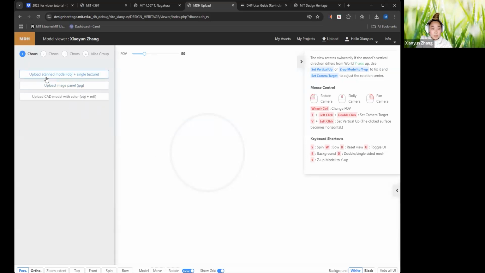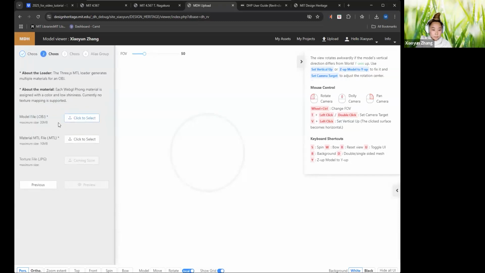So first thing is there are three options. First is the upload scan model, which would be an OBJ with a single image texture that could be your scanned photogrammetry model, but in this section, since we're using Revit, your CAD model, we will be looking at the second and the third one. So the most important one is the third one, right? Upload CAD model with color. So click on that, right? You will be able to